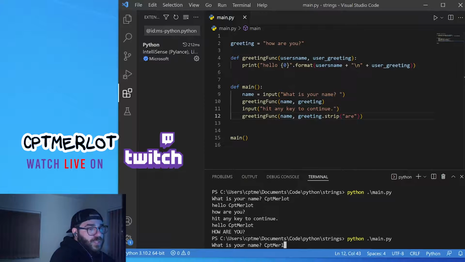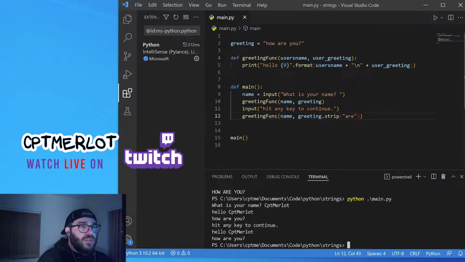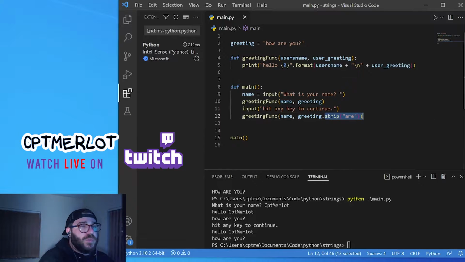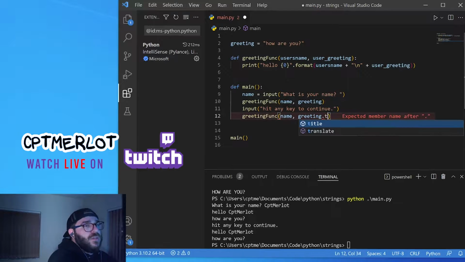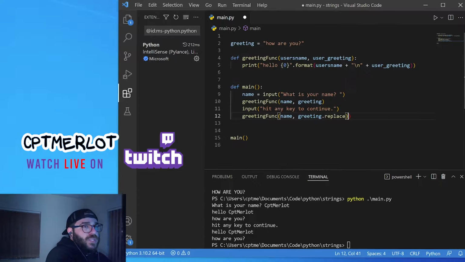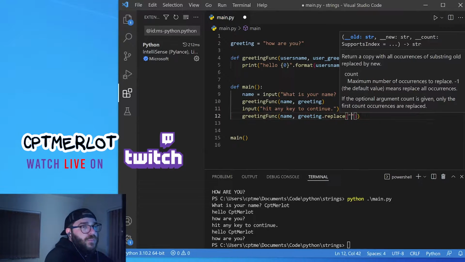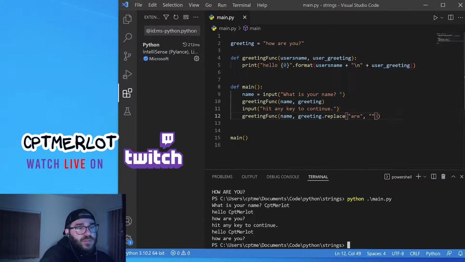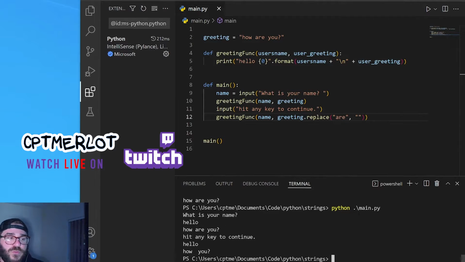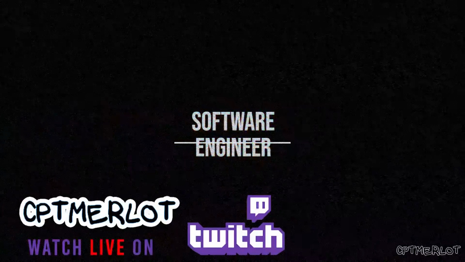Do our prompt again. That obviously didn't work. It returns a copy of the string with leading and trailing white space removed. Yeah, that's not what I want to do. I want to do replace. Sorry. That will only take it if it's on either side of that. So what we'll do is we'll do replace instead. And we'll put in our old string, which is R, and we'll replace it with nothing. So if you see, there's just hello. I didn't pass in a name that time, so it just said hello. Then it said, how are you? We hit our